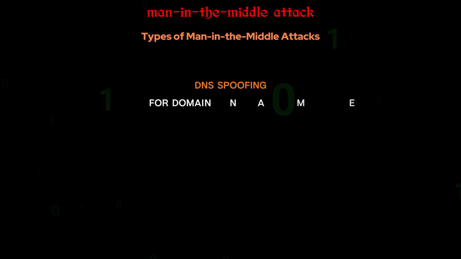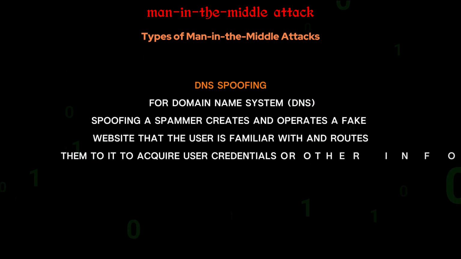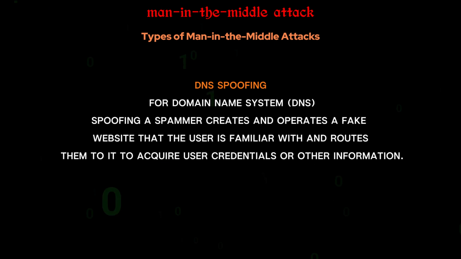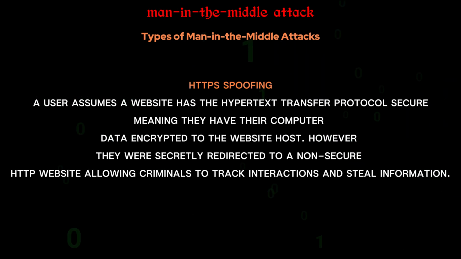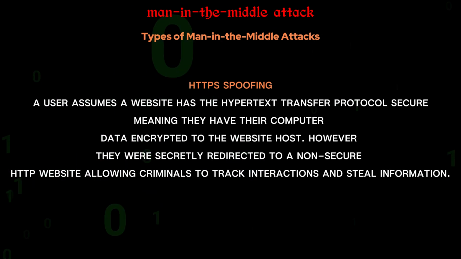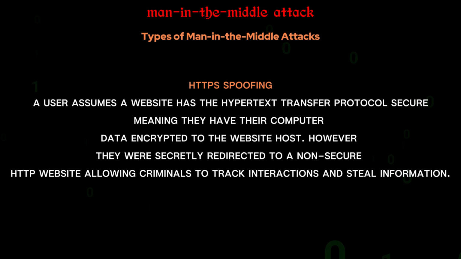DNS spoofing. For DNS spoofing, a spammer creates and operates a fake website that the user is familiar with and routes them to it to acquire user credentials or other information. HTTPS spoofing. A user assumes a website has the Hypertext Transfer Protocol Secure, meaning their computer data is encrypted to the website host. However, they were secretly redirected to a non-secure HTTP website, allowing criminals to track interactions and